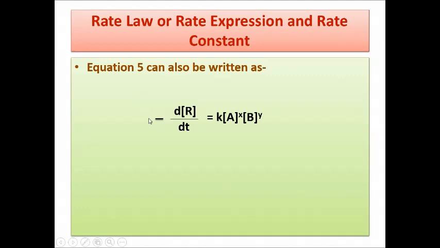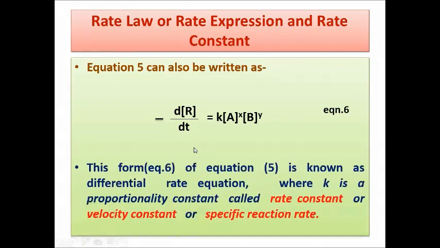Why have we used this term? Because this is the reactant side, so the negative sign is there. For the instantaneous rate we write minus d of the concentration by dt, and this is said to be the differential equation. We give this equation the number 6, and it is named the differential rate equation,